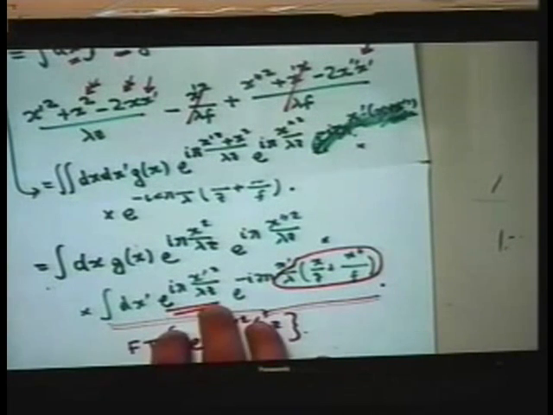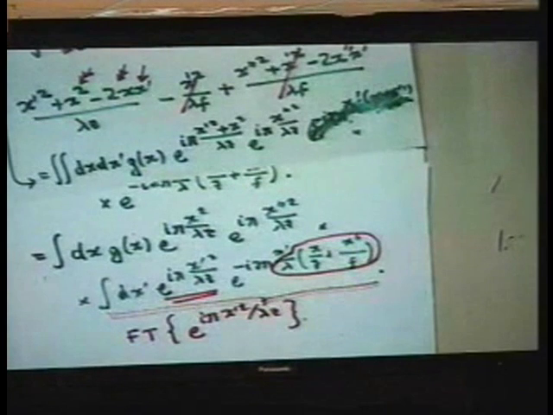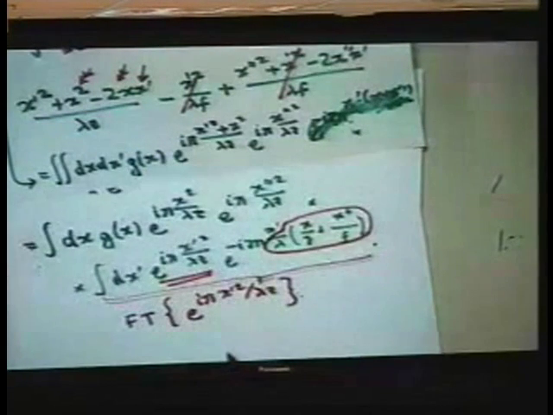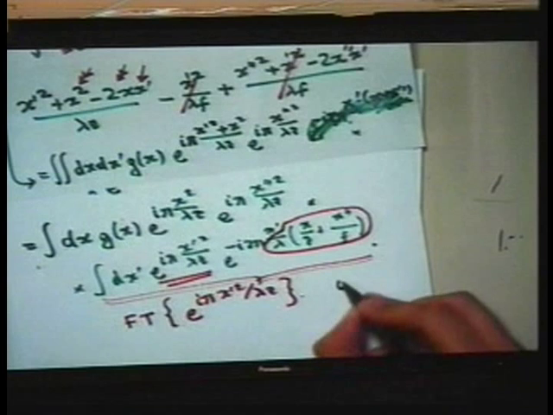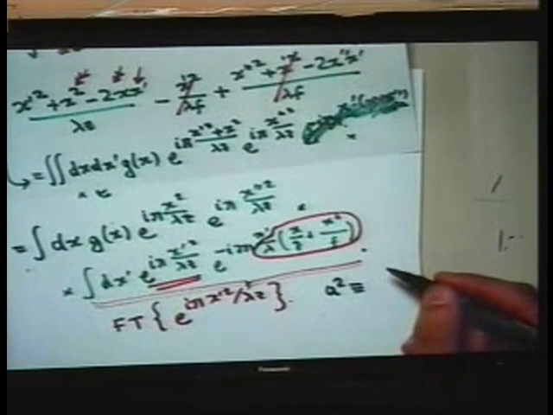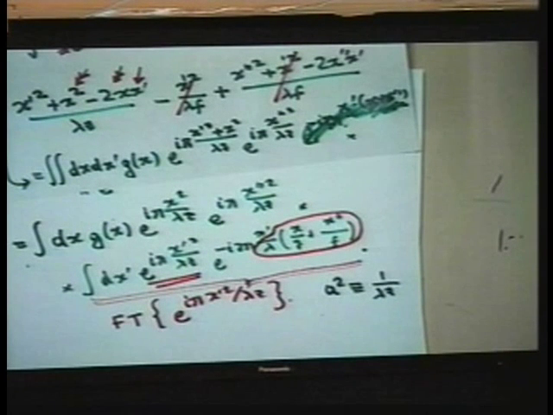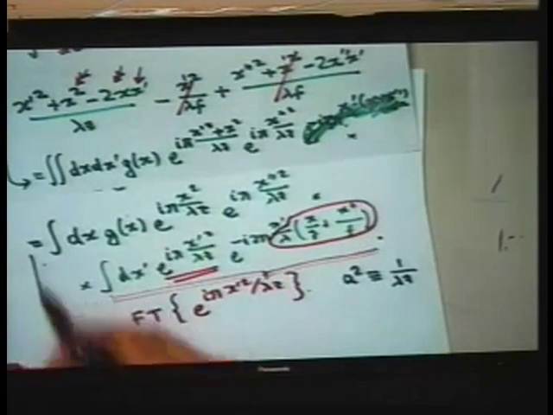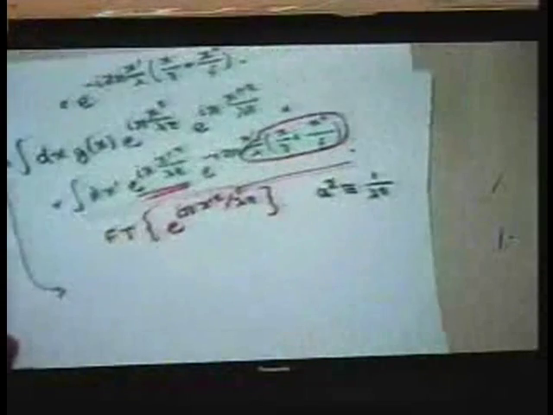So we have the answer. The answer is right here. I will neglect, actually this constant is quite important, but I will neglect it nevertheless. And so basically the way to get a one-to-one correspondence is to simply substitute what in the table is denoted as a square is actually identical to 1 over lambda z in our case. So I can write out now the answer. This thing equals,